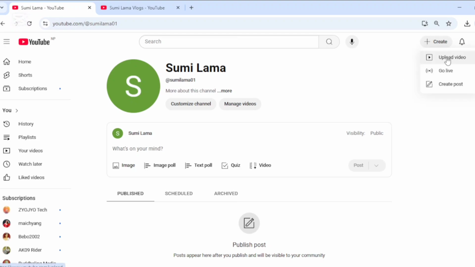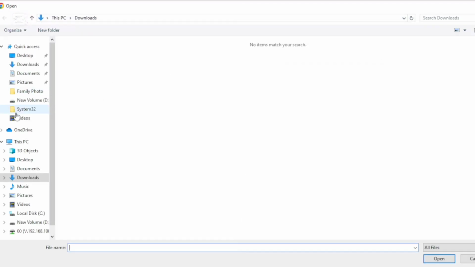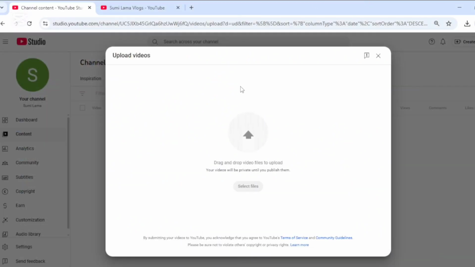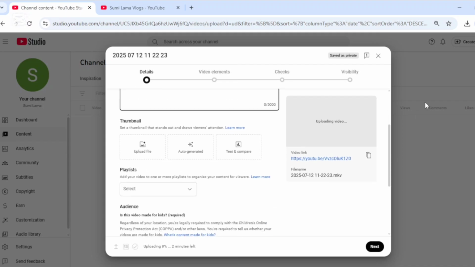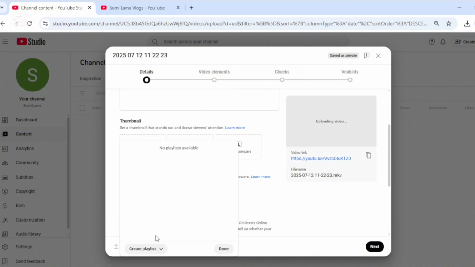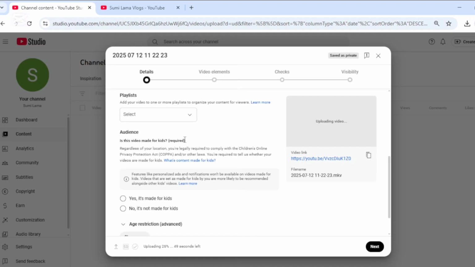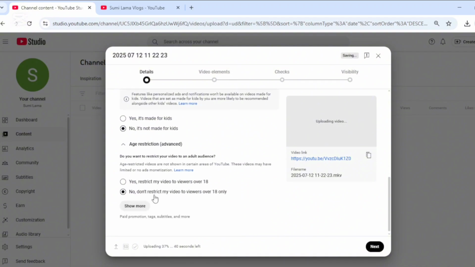Just click create and you can upload a video like this. Select the video, just click that and upload. Here you have to type the title and your description, and here is the thumbnail, and you have to create a playlist here. Okay, then select the audience, and this is the no, made for kids, and do not restrict my video to viewers over 18 only. Okay,